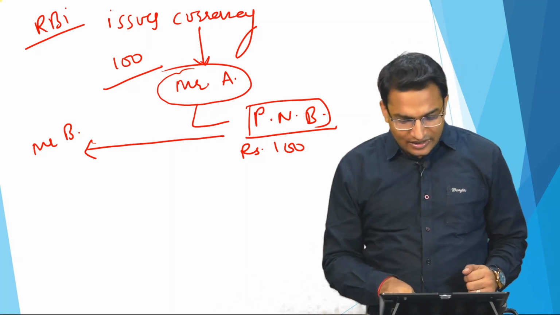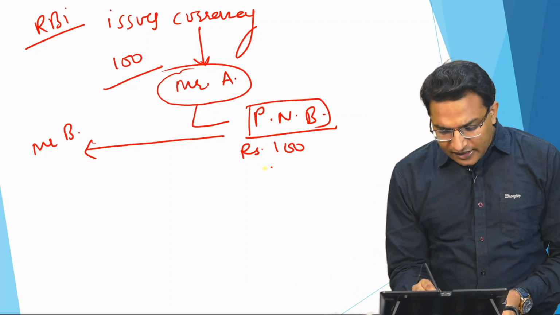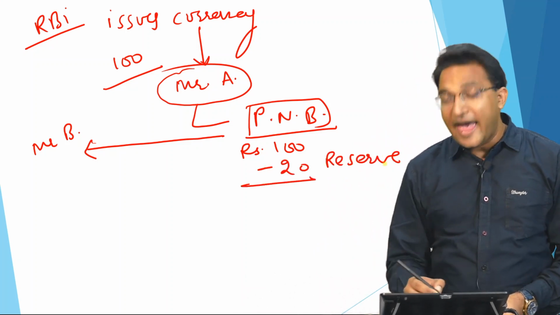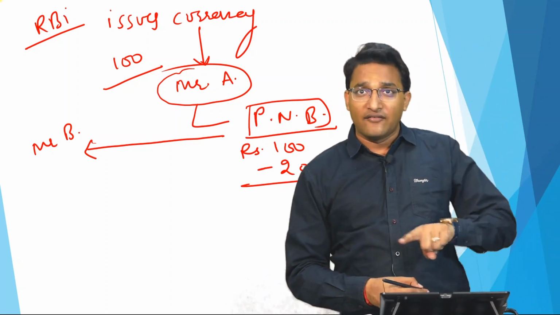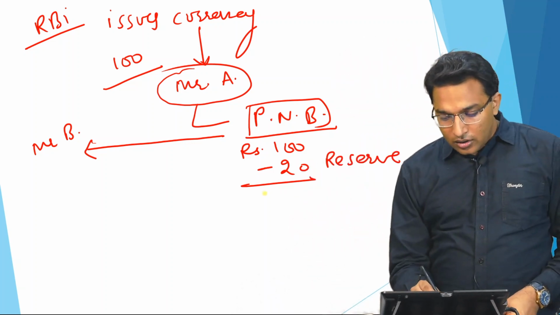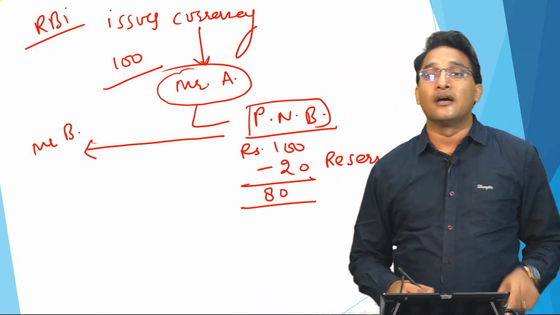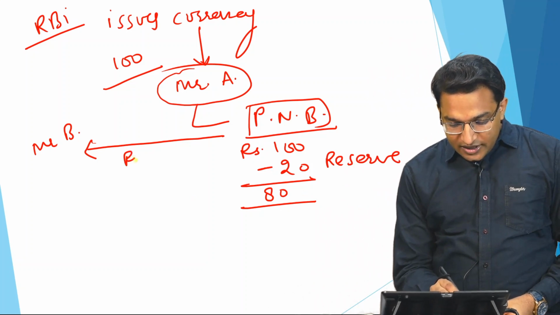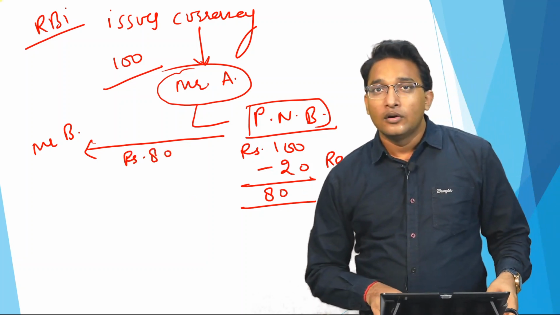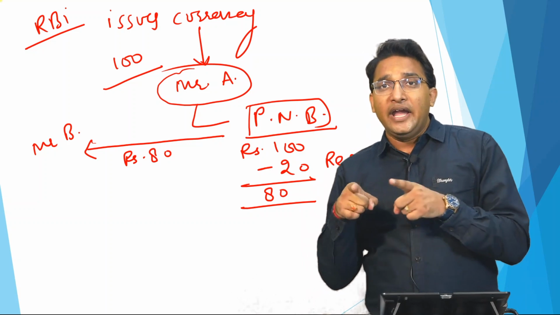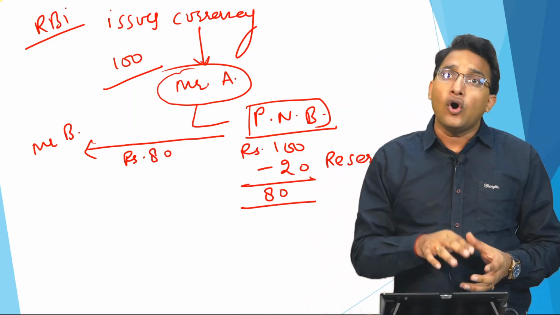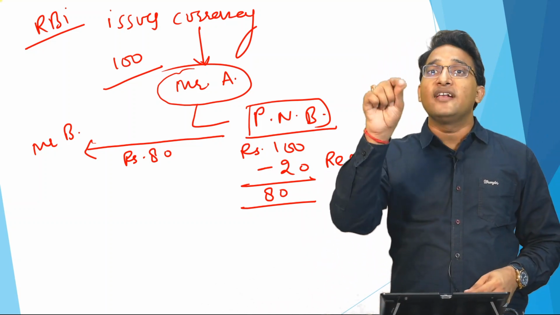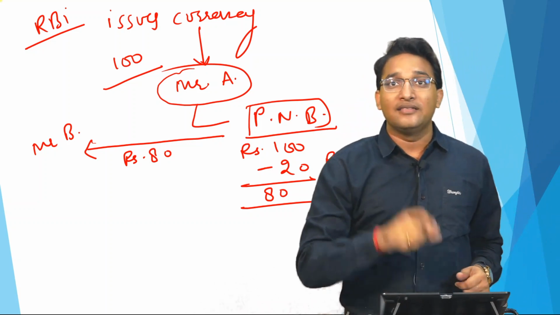So out of 100 rupees, let us suppose the PNB keeps rupees 20 as reserve. This term reserve we will explain in detail after this discussion. So now how much money can PNB lend? PNB can lend 80 rupees. So Mr. B gets rupees 80. Now, will Mr. B get 80 rupees in the cash form or in the form of bank deposit? So the answer is, he will get it in the form of bank deposit. What does that mean? That means